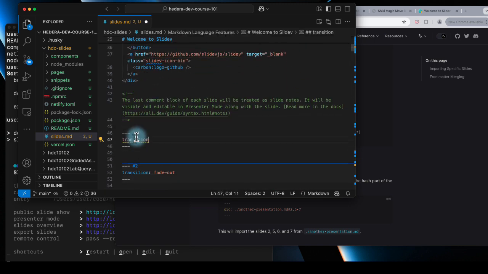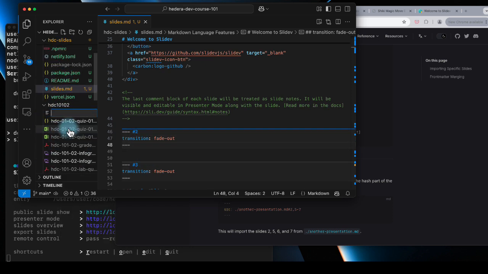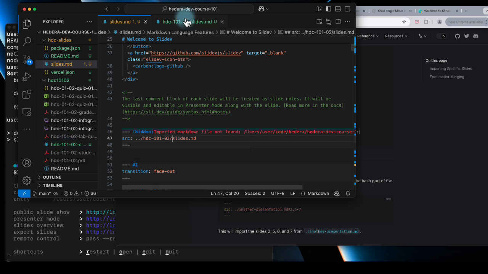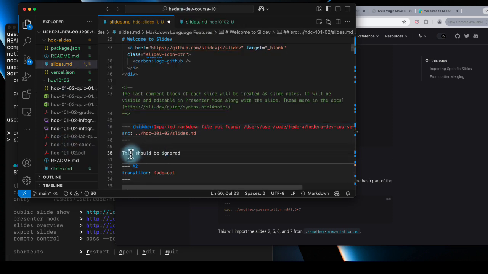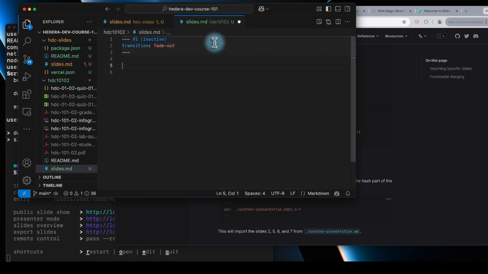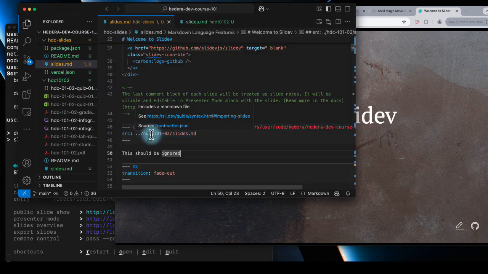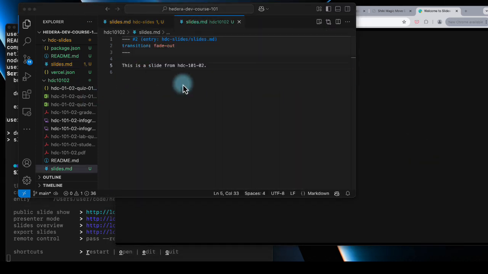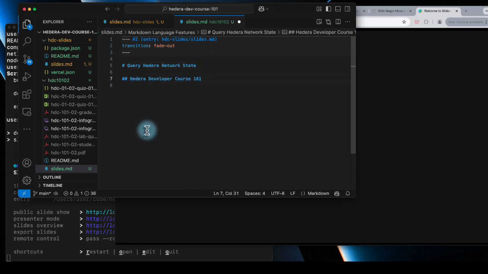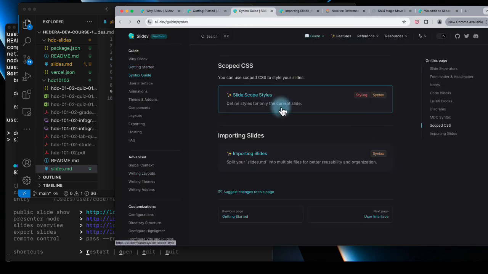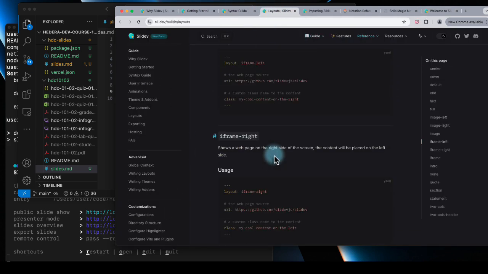Here I've just looked up the syntax for importing one markdown file from another, and that is going to be useful because I would like to have the slides in the directory of each folder. So we'll have one master slide deck, and that just imports each of the modules for the course, and each one will have its own slide deck. Okay, so here I've just succeeded in importing the slide into the main slide deck for this particular module,